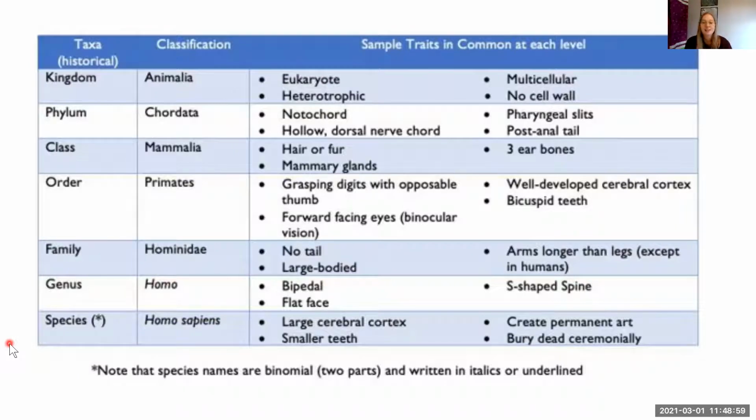I like showing you the taxonomic table, not just so we can practice that skill, because we want to be thinking about how organisms fit into our ecosystems when we think about evolution and ecology, but also because it makes us think about the fact that we are an organism on Earth. We are not removed from everything else around us. We fit into these categories with a whole bunch of other things.